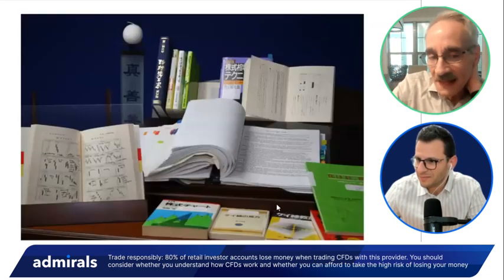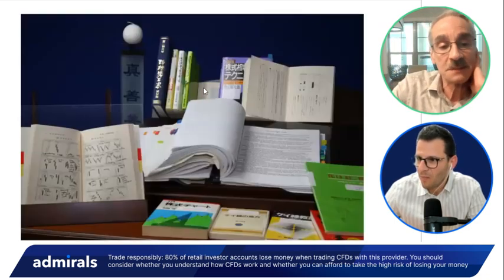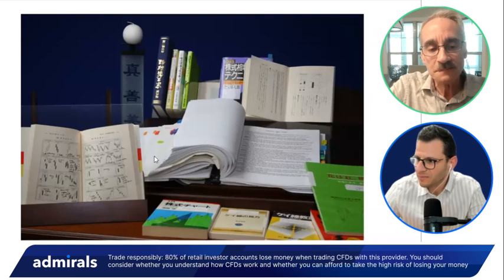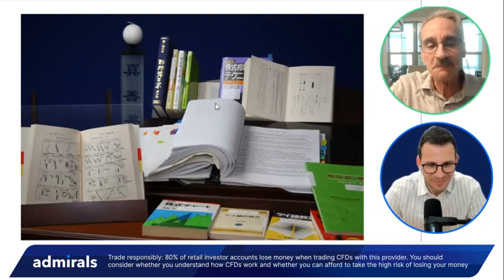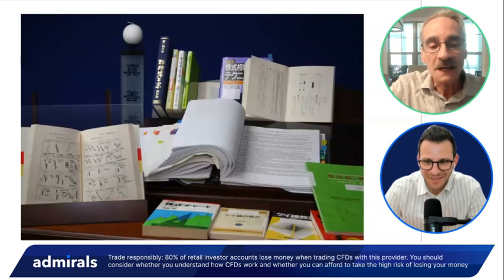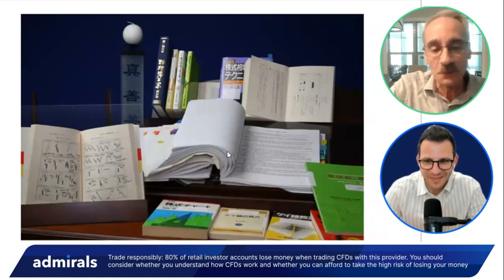This is my work desk back in the late 80s, early 90s. These are just some of the Japanese books here that I had translated. This middle portion, and you'll see where I'm going with this, these are all the English translations of the Japanese books. That's why it took me a year. It was an absolute fortune. I paid for everything, and it took me a year to organize all the translations.